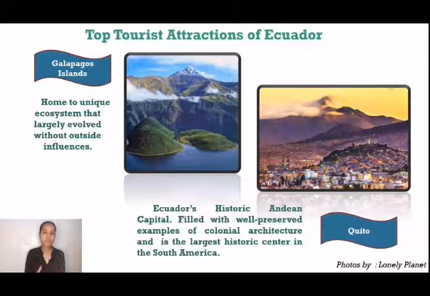The Galapagos Islands remain one of the most volcanic regions in the world, and the formation of the islands is still in progress. Most of the 13 large islands, 6 smaller islands, and 42 islets that make up the Galapagos were declared part of the Galapagos National Park in the 1950s.